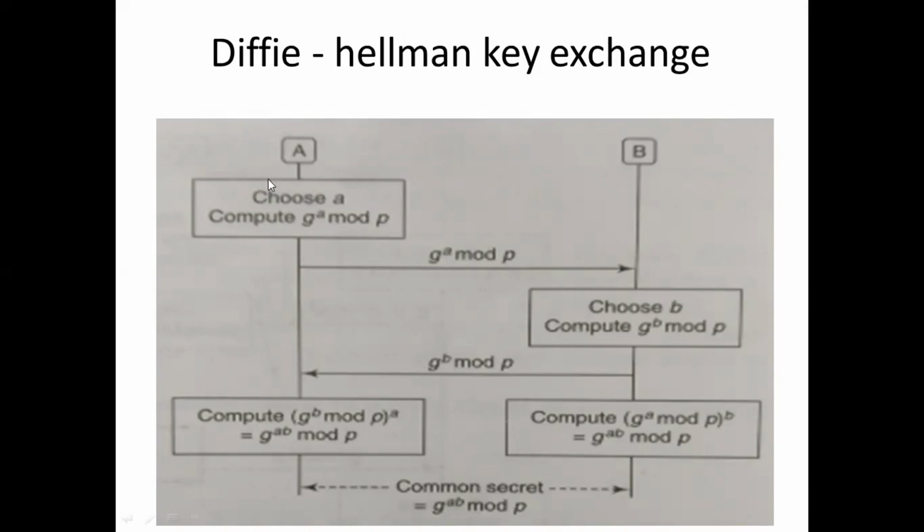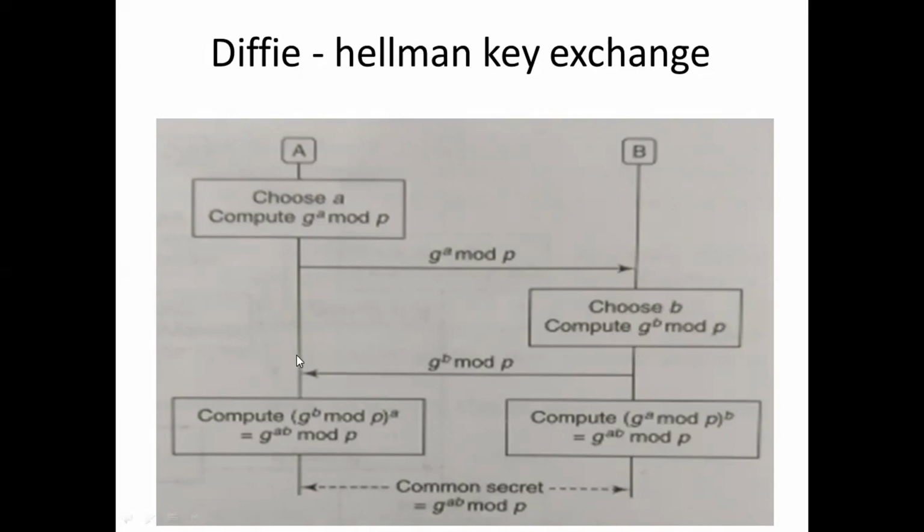The first step is the person A should choose a random number a and compute G to the power of a mod P. That should be sent to the other side, that is B. Next, B has to choose a random number b, and the condition should be satisfied. What is the condition? The chosen random number should be greater than 1 and it should be less than P minus 1. And the person has to compute G to the power of b mod P and that has to be sent